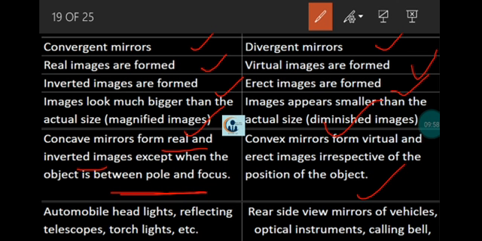Okay, usually concave mirrors are used as headlights, reflecting telescopes and torchlights, because they focus all the rays at one point. So actually we use headlights for focusing all the rays of the light, right? Whereas convex mirrors are used as side view mirrors of vehicles and in optical instruments and calling bells, because